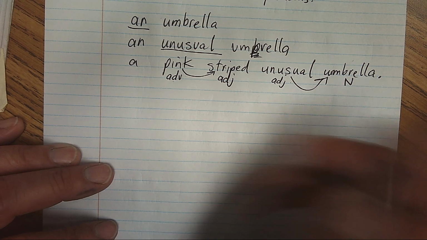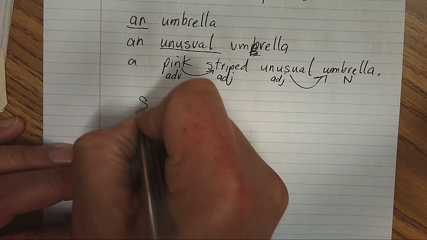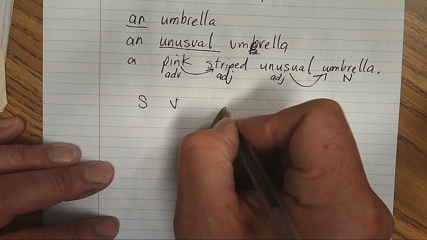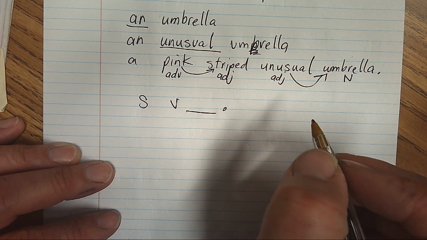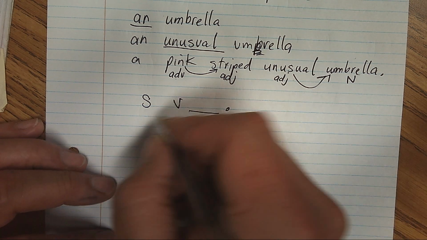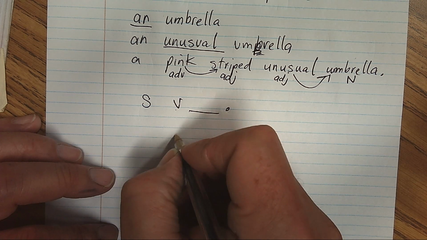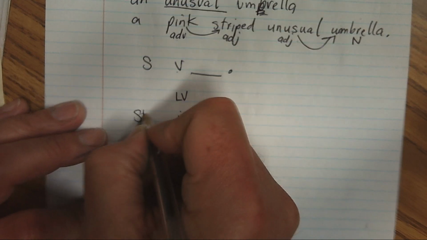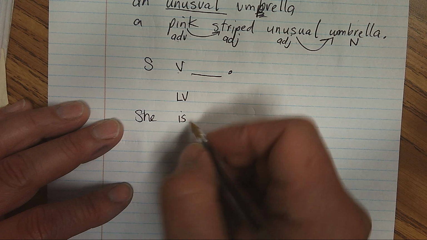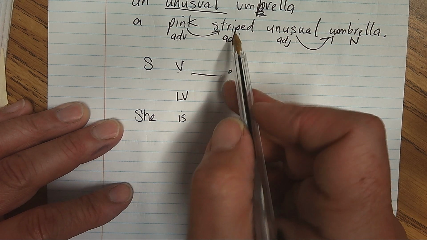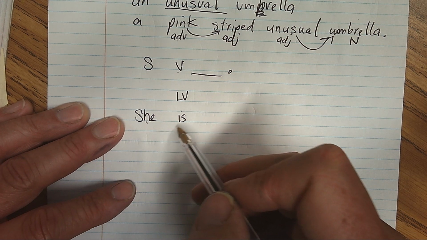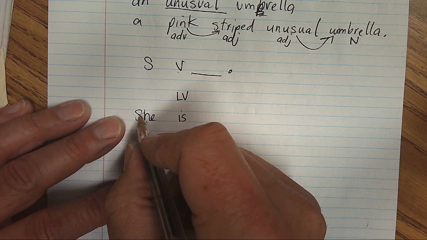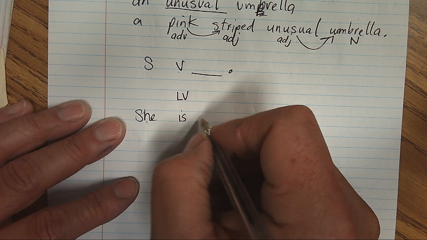I think that's mainly what you need to know, but sometimes you have a subject, verb, and then something else over here, a complement or something. So when you have a linking verb like is, and you have a subject like she is, if we want to describe her instead of identify her, we can use an adjective instead of a noun. So if she is the teacher, that's a noun, so this is not where I'm going. But if she is